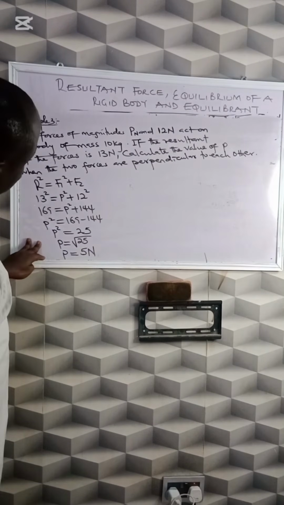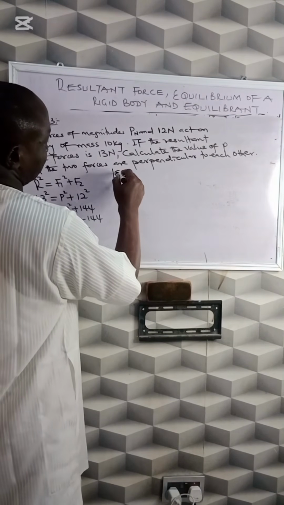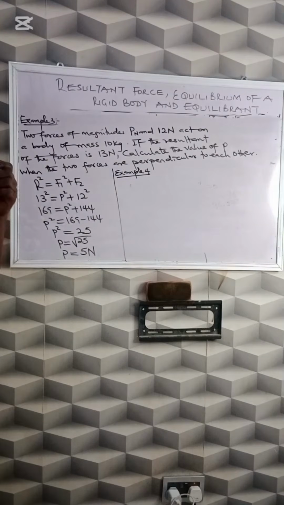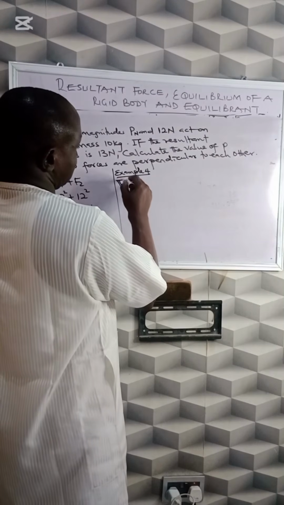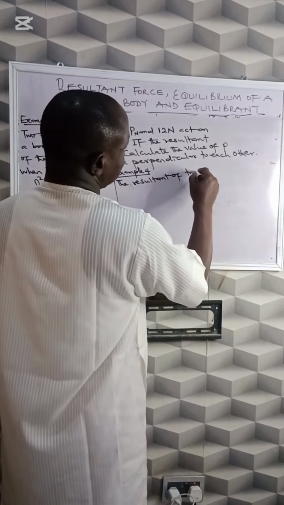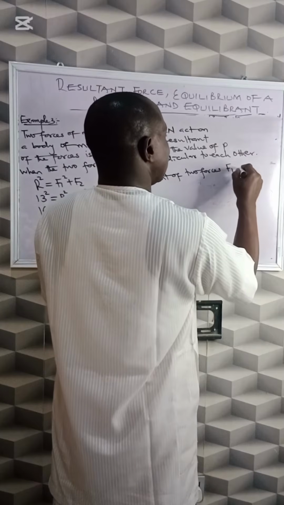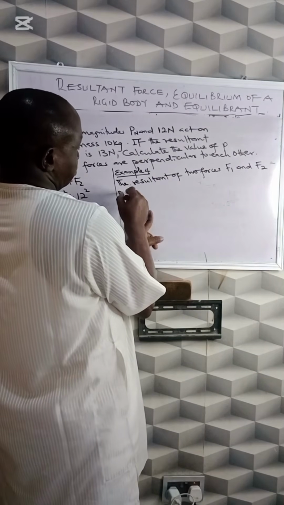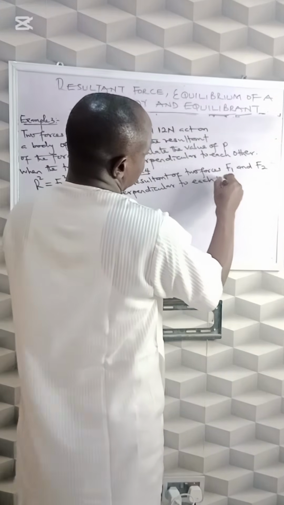Example 4. The resultant of two forces F1 and F2 perpendicular to each other